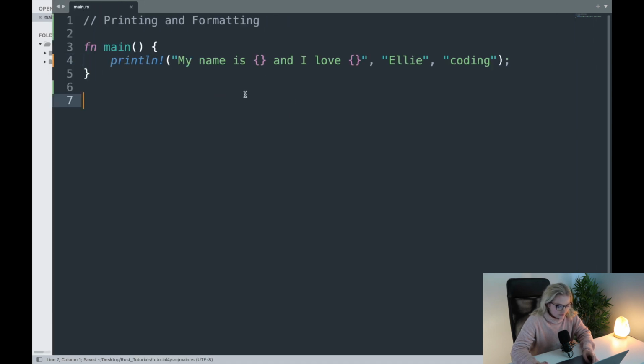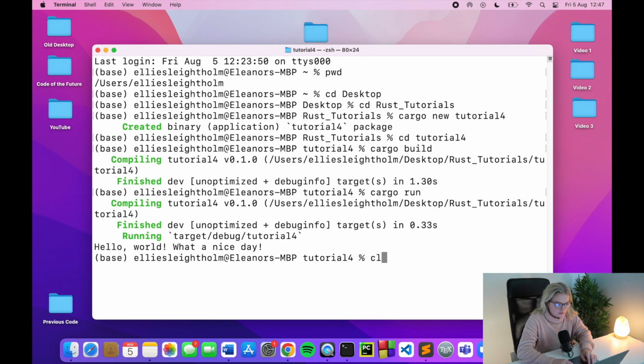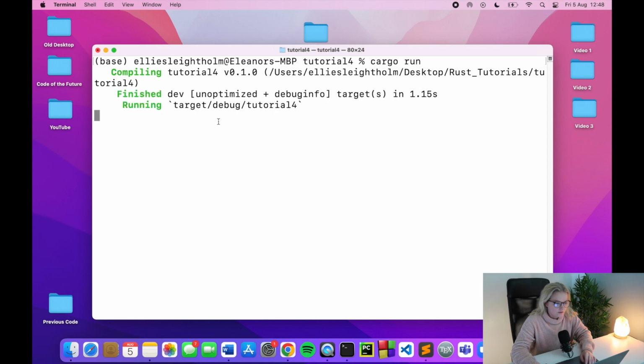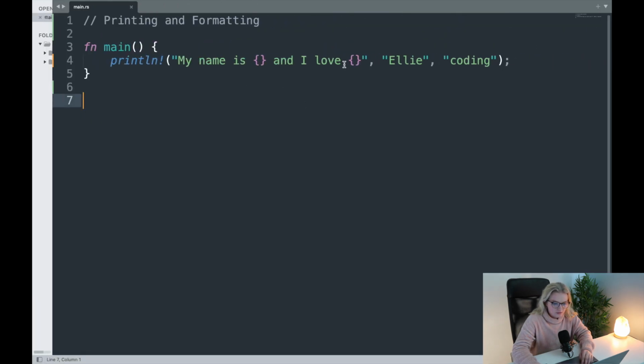Alright, so now I've saved this, and if I just clear this and say cargo run, hopefully, there we go. My name is Ellie and I love coding. Okay, I'm going to add an exclamation mark here, you know me and my exclamation marks. Okay, cool. But what if my name wasn't Ellie, and let's say,